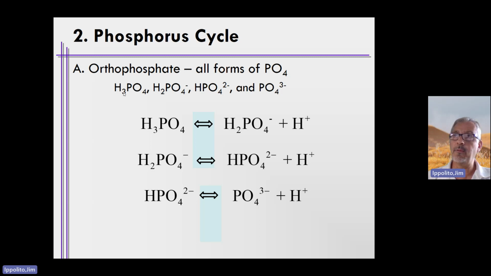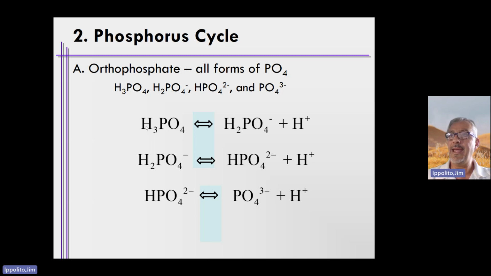And as we move from the left to the right, the solution that contains these types of orthophosphates becomes more and more basic. So how do I illustrate that to you? I illustrate that to you using these three equations. And this is what happens as you move from something like soil solution or solution in general that's highly acidic, like H3PO4, or this is phosphoric acid. As you move from highly acidic to more basic, the